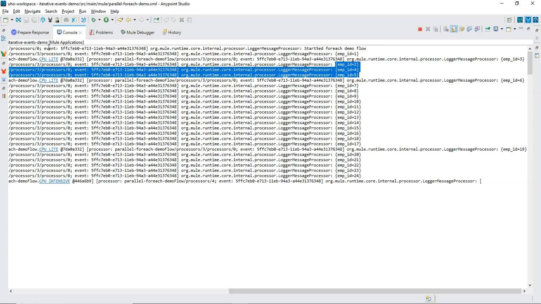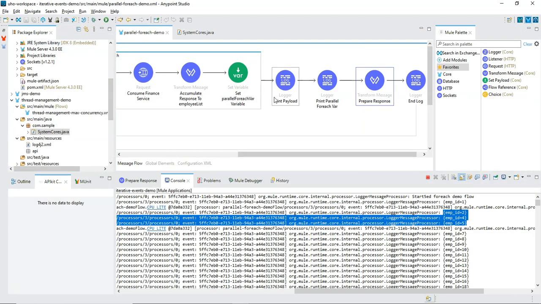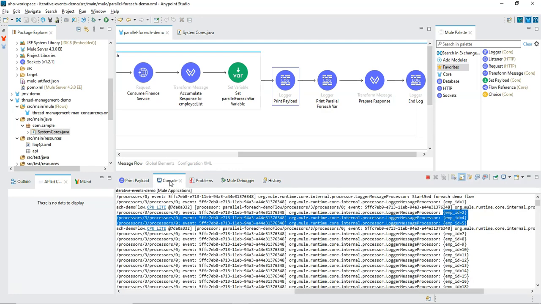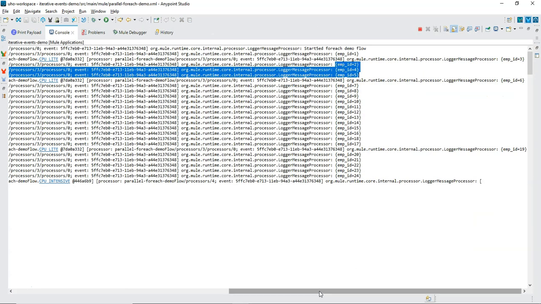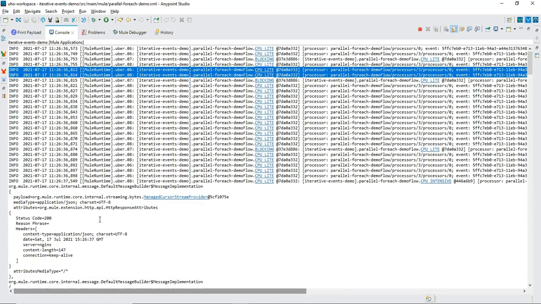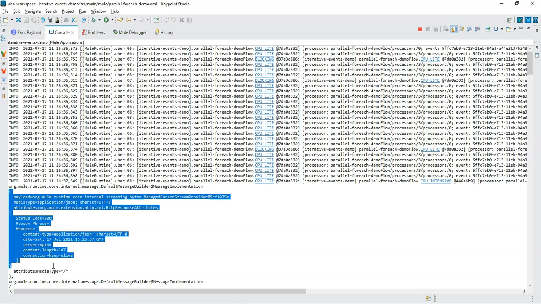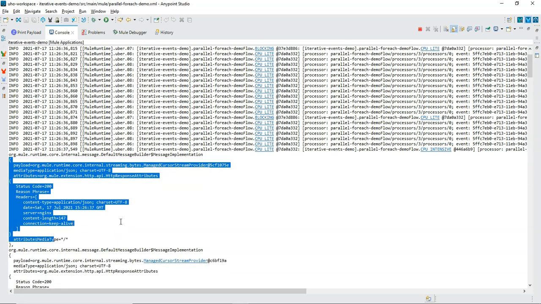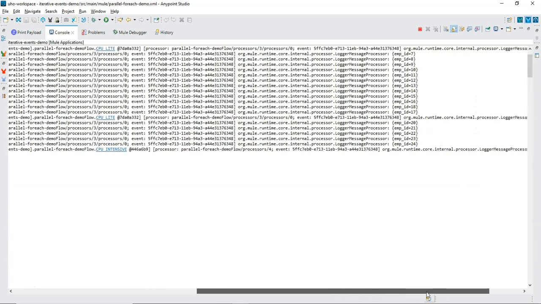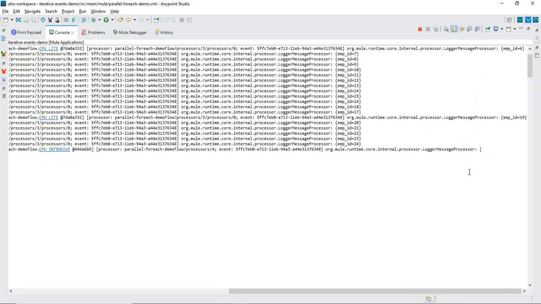And I am also printing a payload after it. If we notice, the payload has printed as a Mule event message object, same as the scatter gather outcome. Here it printed the collection of details of the payload of each response.